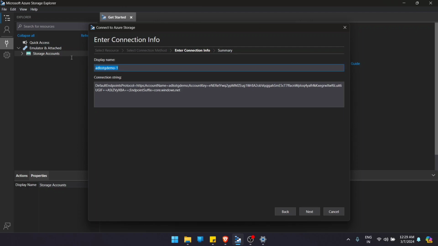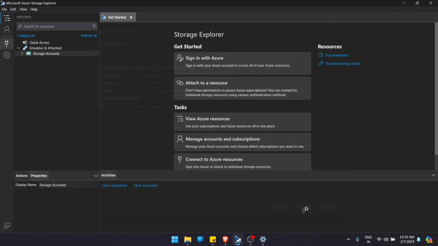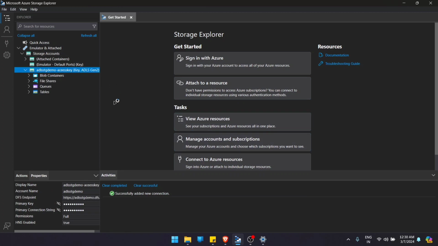So as you can see, कि इसने खुद से नाम दे दिया. आप चाहो तो खुद की तरफ से भी दे सकते हो. Like I will give it like this ताकि मुझे थोड़ा clear रहे कि how I am logging in. And then I'll just do next and connect. Okay. So हमारे पास